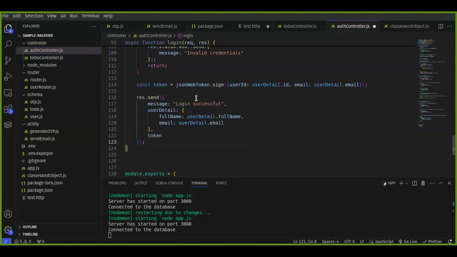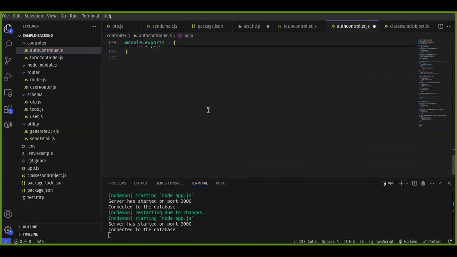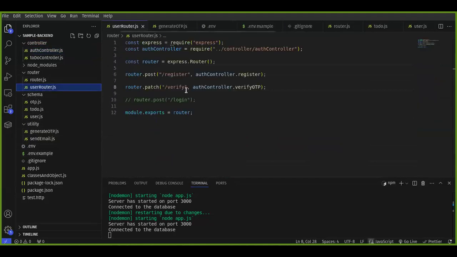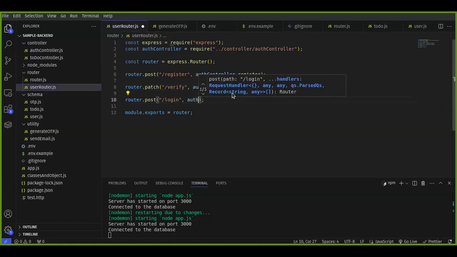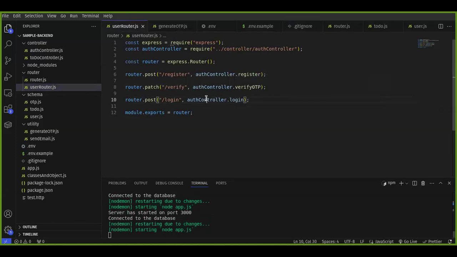Okay, so you've successfully done a login route, or a login controller. Then the next thing you want to do is export it again. So you say login, you export it that way. Then you come back to your user router and say login should be my auth controller dot login. So doing that now,